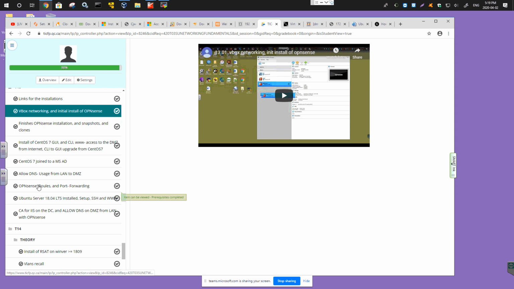Well, indeed, the one called centos7 join to an MS active domain shows the longest way, and most of the time the way you need to do it in production. Okay, so you have this one too. I also showed how to set up the DNS, specifically with the reverse record, which is something you need to do all the time on the domain controller. And then most importantly, I showed you guys on the OpenSense how to allow the ping by name